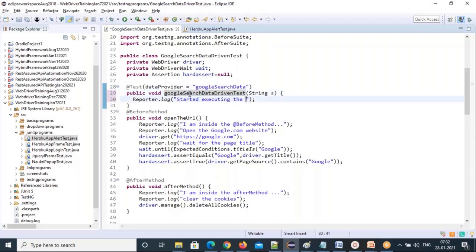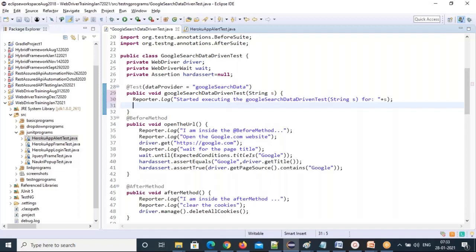So started executing the test case. Here you just give the method name. Even for which keyword it is executing, I can write the parameter name here, right? That's what you can do.